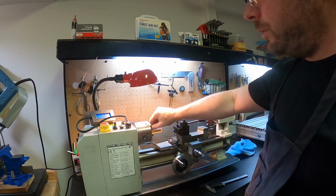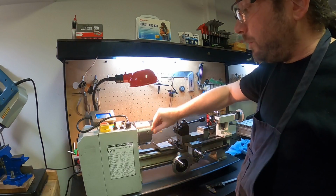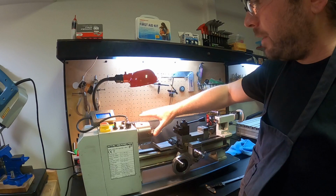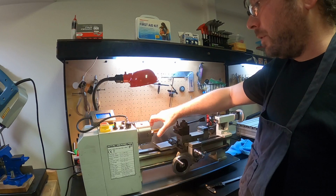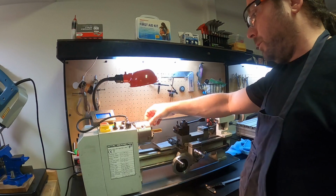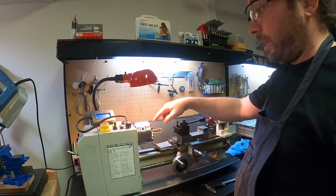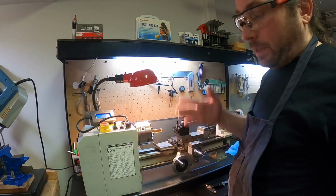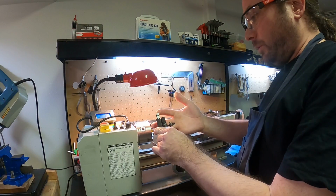Another thing to be careful of is, if you're adjusting these chucks, always make sure to pull on each one. If you've made adjustments and you're at the edge at which these will hold on, trying to hold a very large part, the largest part you can with that chuck, be very careful to check each one before you apply power, because these can also shoot out. And if these shoot out, man, I wouldn't even want to think about what that would be like. Anyway, now that we've got the safety out of the way,